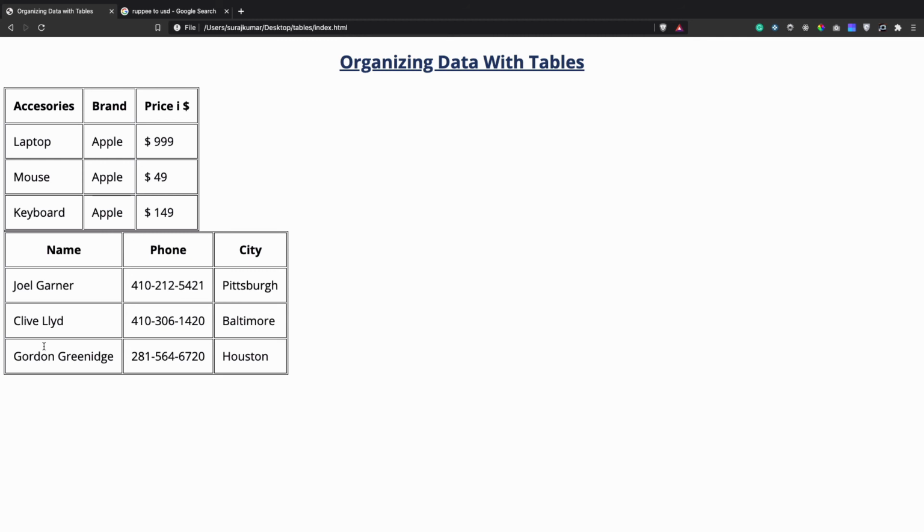Perfect. Now say these cells, all of the names are directly related to all of these cells inside each and every row. For example, this Joel Gardner is a heading and directly related to all of these cells inside the first row, and similarly the second name is directly related to all of these cells inside the second row, and so on. So to implement that, first of all we will replace this td with th. So now these names will be working as a heading.